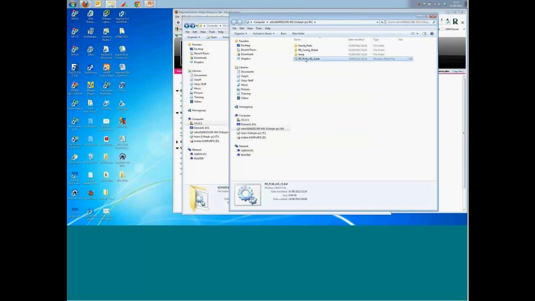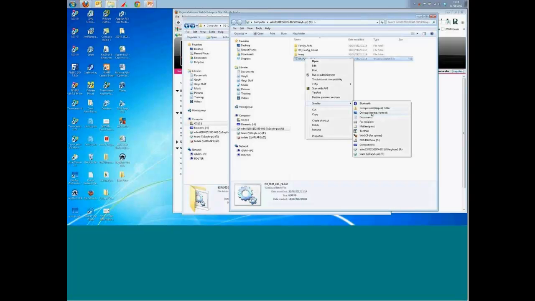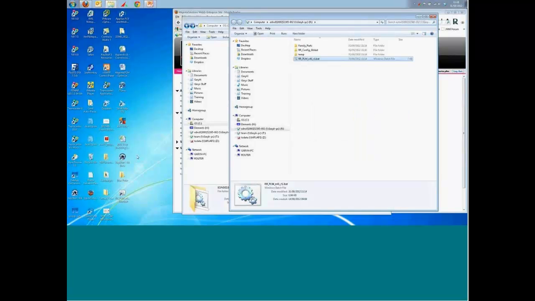Here I'm going to use an option: just right click on the file and then choose create a desktop shortcut, and then down here we have the shortcut and you can change the name. So I'm just going to change that to RRNX,